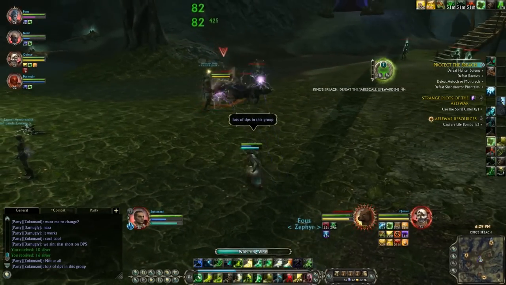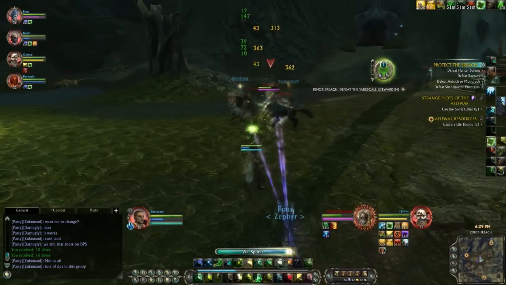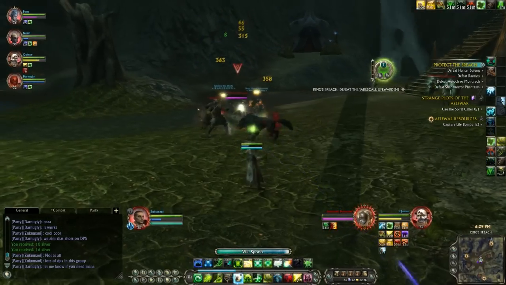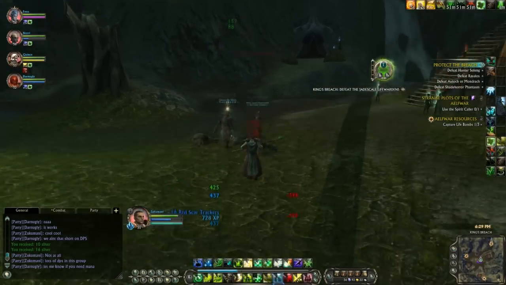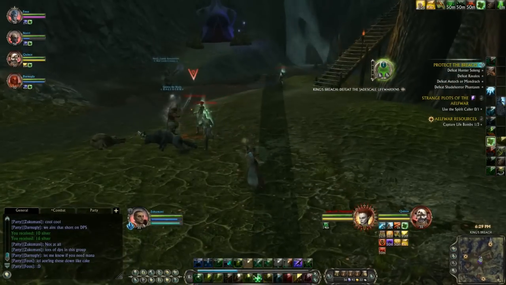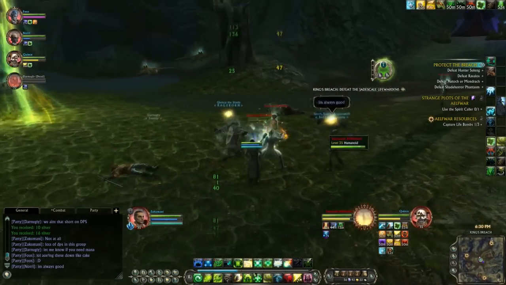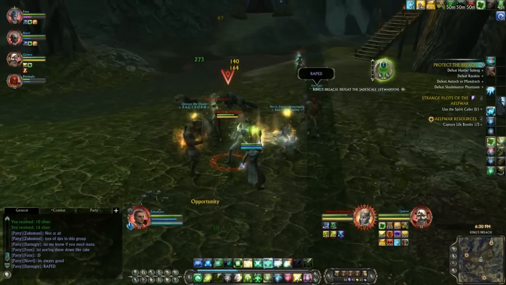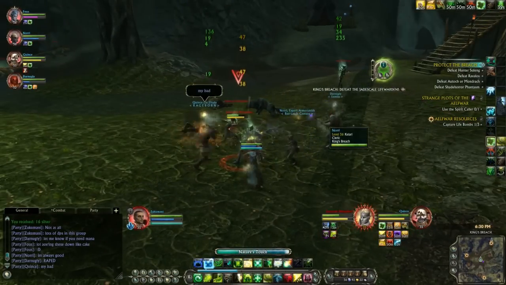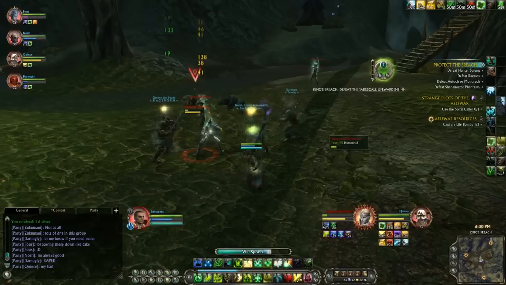Alrighty, continuing on, pulling the next group. DPSing them down, keeping the same basic rotation. Generally speaking, if there's a group which doesn't have any AoE effects or something that isn't going to just instantly kill me, I would usually run in or run close enough so that my corrosion would work on them, just for the simple fact that I can have corrosion working plus